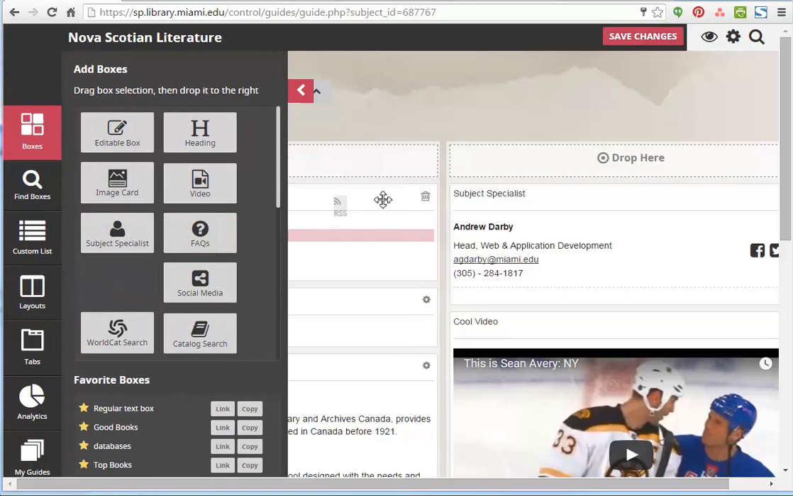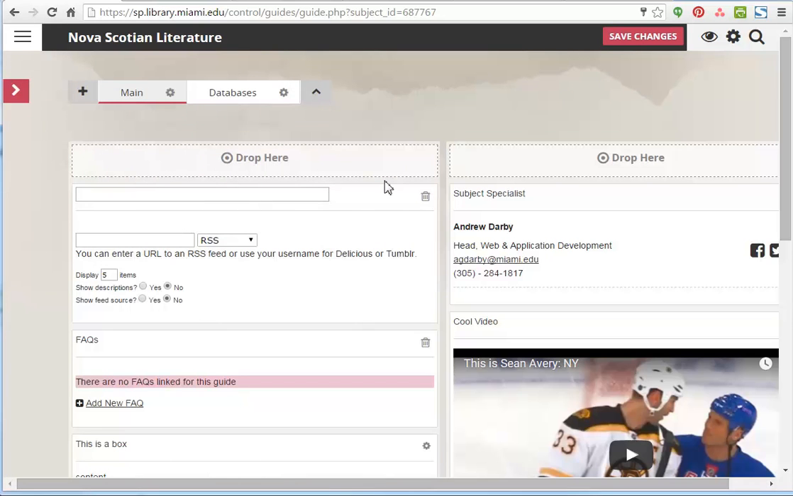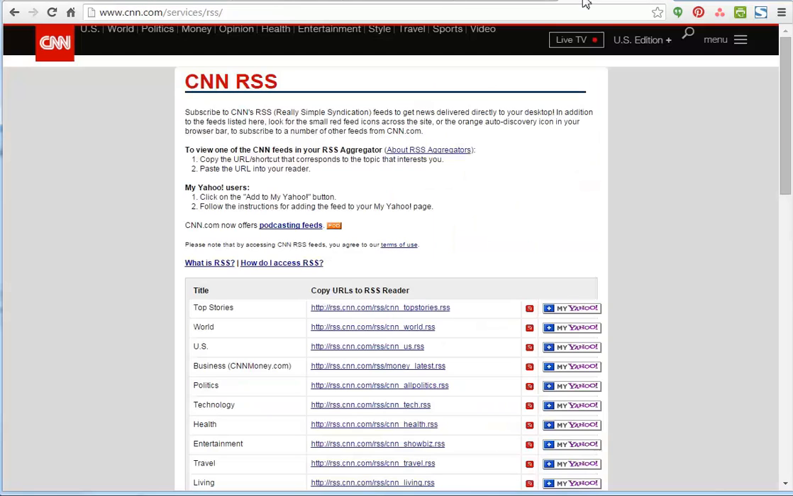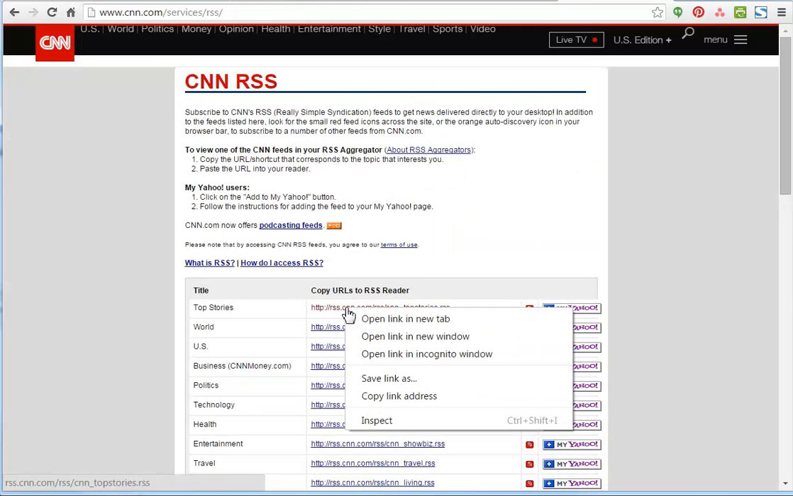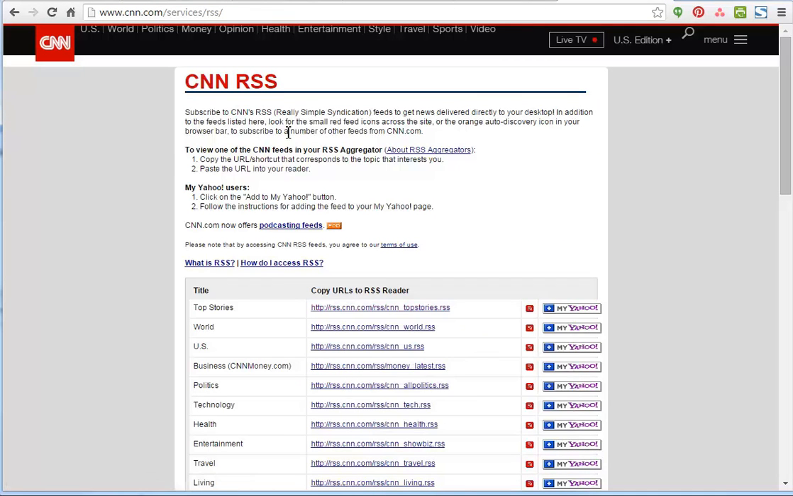Our next one is RSS. So this is just a way to add an RSS feed. I have one over here from CNN,